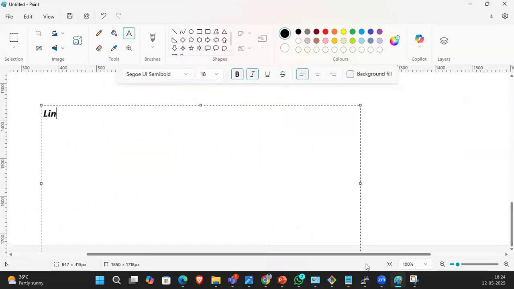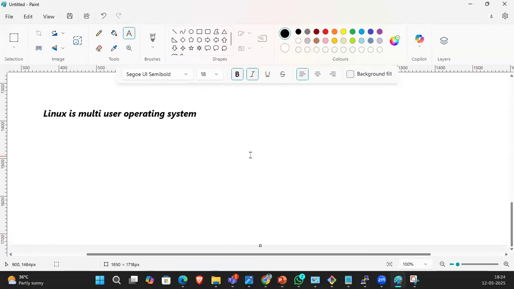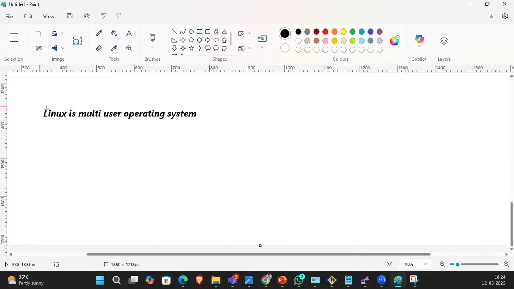So Linux is the multi-user operating system. Guys, understood.